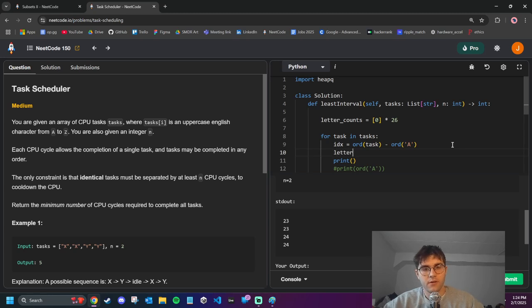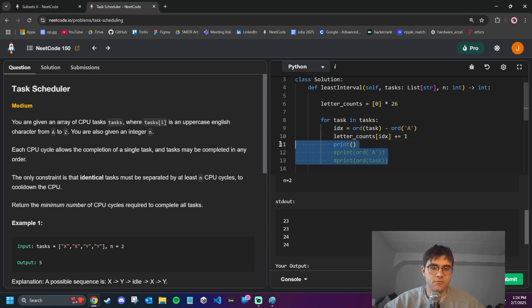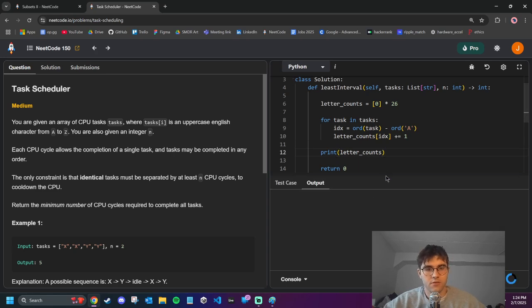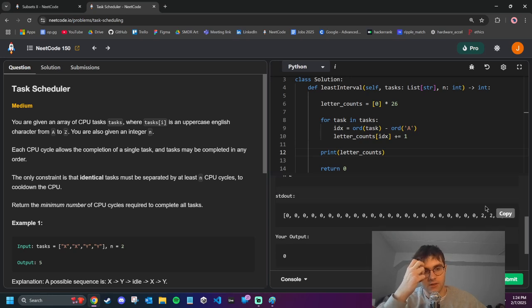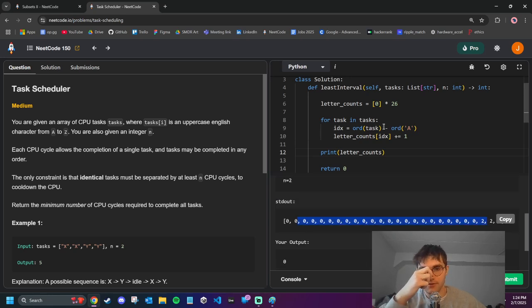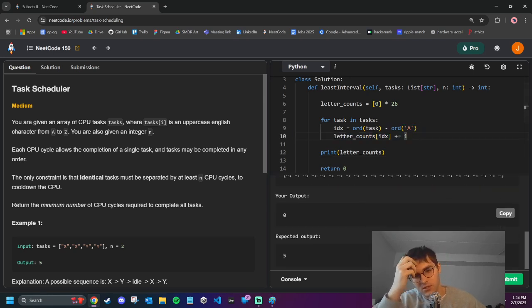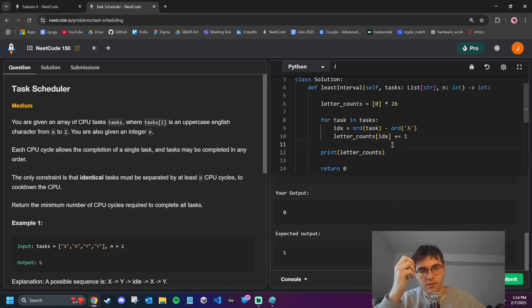And then we can say letter counts of index plus equals 1. And then when we're done, if we print letter counts, it should give us 2 at index, yeah. Alright, so this basically gets us the counts in linear time. So then when we build our heap,